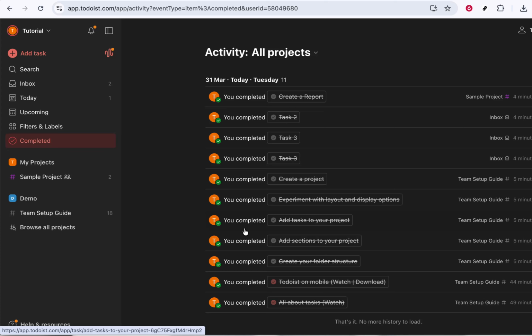If you need to revisit the details of a completed task, simply click on it. In many cases, you'll be able to see comments, labels, due dates that were assigned, and other information you added before completing it. This is useful if you want to recall exactly what you did or reuse the same structure for a similar task. When you're done reviewing, you can return to your active tasks by closing the completed view